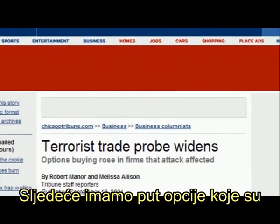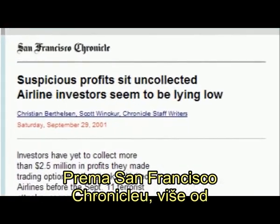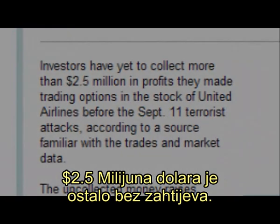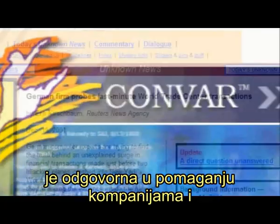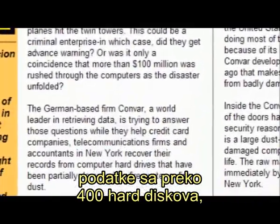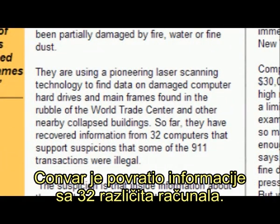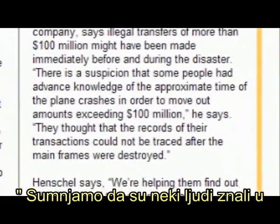Next, we have the put options that were placed on United Airlines, American Airlines, and Boeing. According to the San Francisco Chronicle, more than $2.5 million has remained unclaimed. As for 9/11 itself, Reuters reported that Convar, a German computer company, is responsible for helping companies and accountants in New York restore their data from over 400 hard drives that were recovered from the World Trade Center's rubble. Convar recovered information from 32 different computers that suggested insider trading took place on 9/11. Richard Wagner, an expert at Convar: "There is a suspicion"